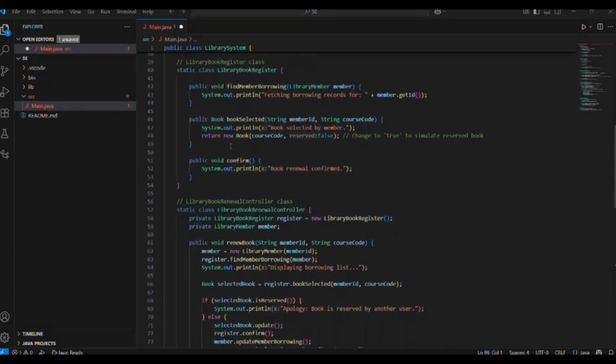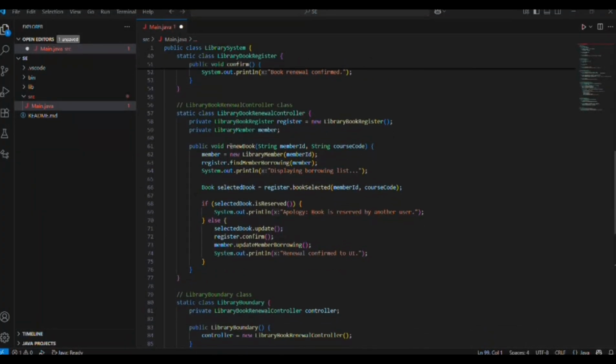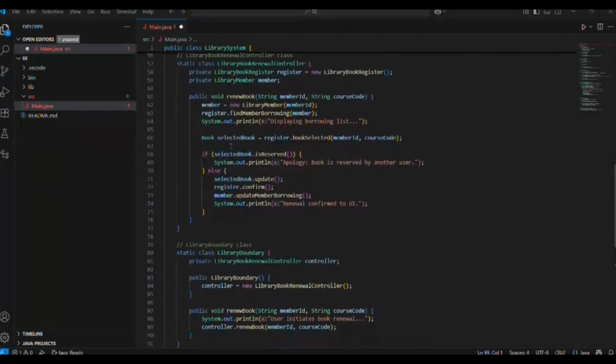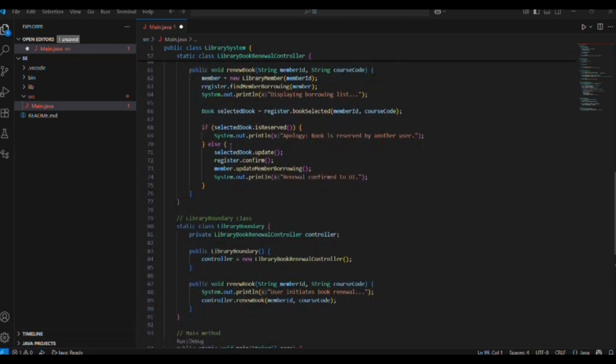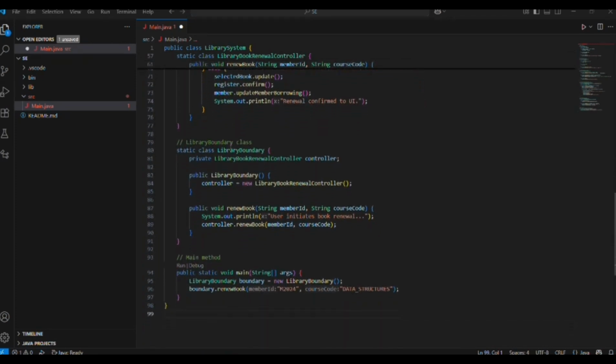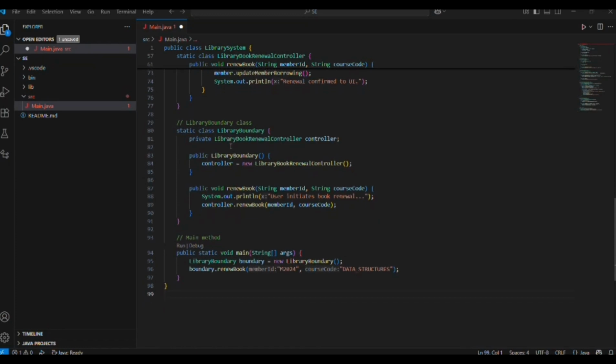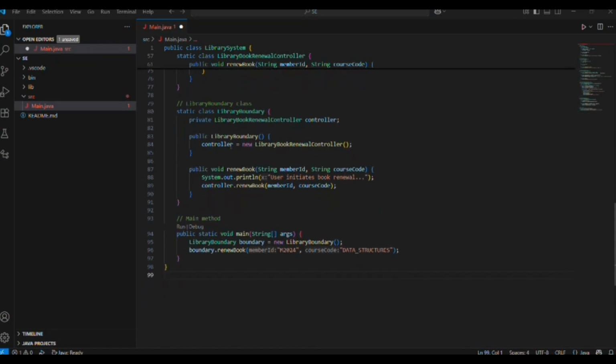calls book selected to pick the Data Structures book, checks if the book is reserved, and if reserved prints an apology and stops. If not reserved, it calls book update, calls library book register, calls library member update member borrowing, and prints renewal confirmed to the user interface. The library book register simulates finding the member's borrowed list, simulates selecting a book, confirms the